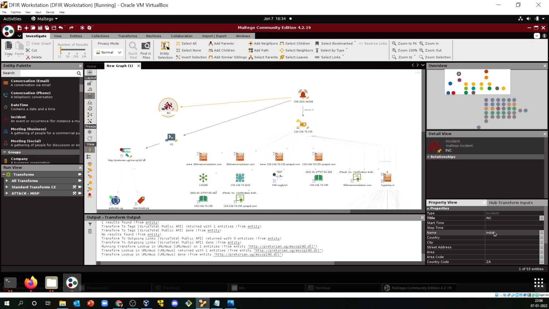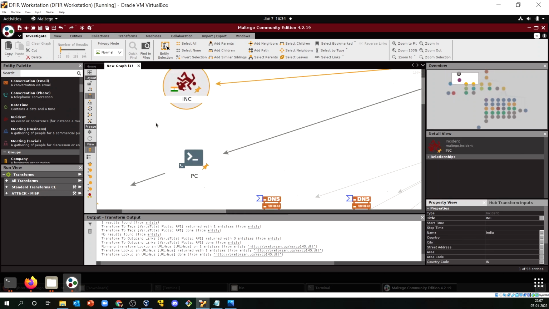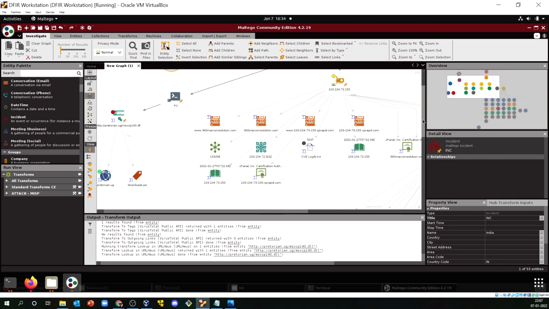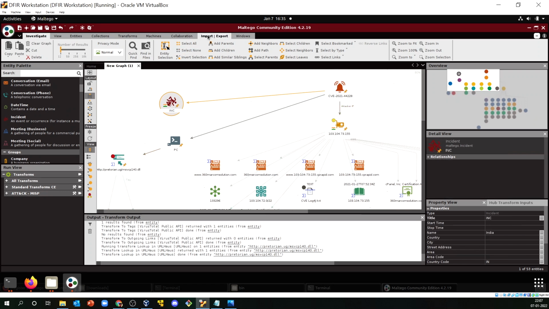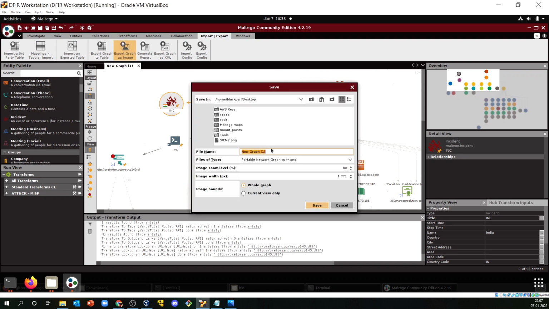So we can type something like India, and the country code is very important, right? You see it is ZA right now, so we can write IN, and you see the flag got changed to the India flag, right? From the SA flag. So this is the basic way, guys. And now if you want to export this particular thing, there are options. So you can export this graph as an image, like a PNG.